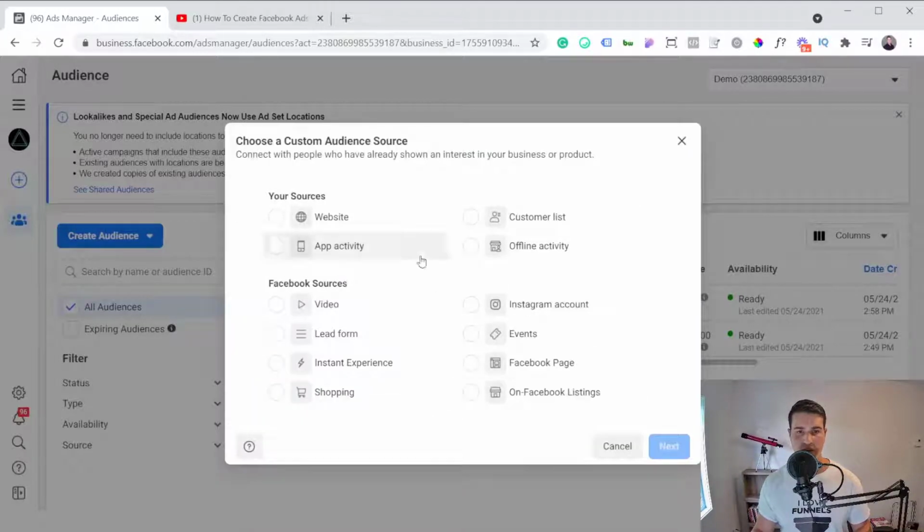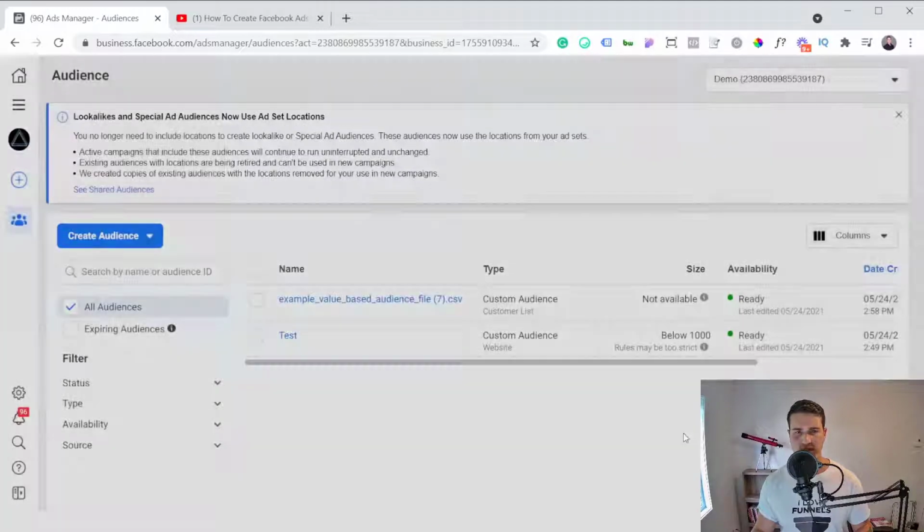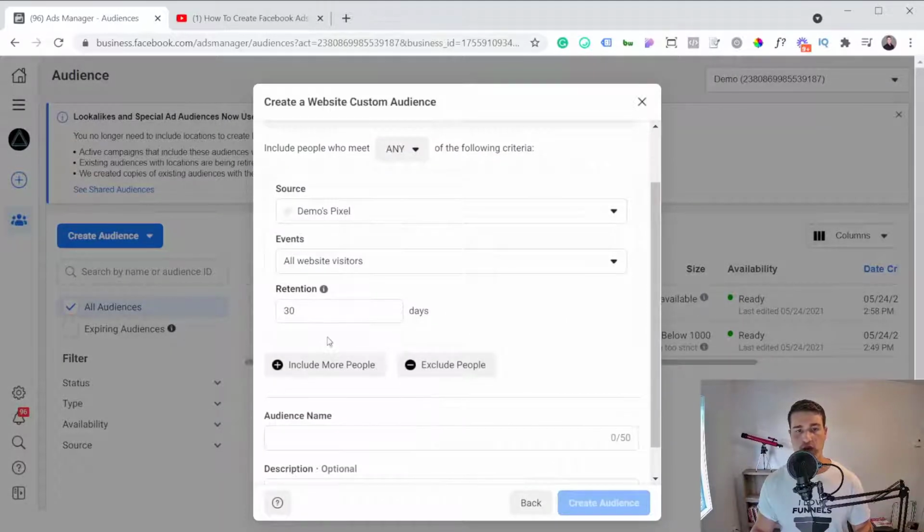So let's go back here. One more thing actually for the website. Before, I would say that you can definitely try a retention of 30 days or 60 days. But now, because of iOS and because the audiences are much smaller, I recommend that you actually use 180 days. And the reason for that is because we want to have as many people in that audience,